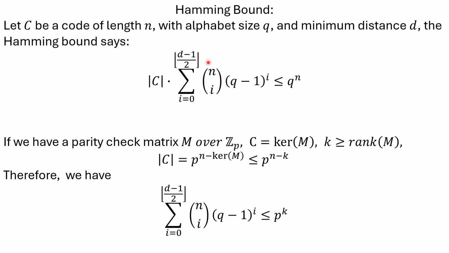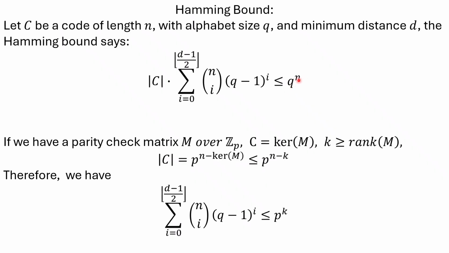Before we get into the proof, we're going to explain the Hamming bound. Let C be a code of length n, with alphabet size q, and minimum distance d. The Hamming bound says that if we take the size of C, multiplied by the sum over all i of n choose i, multiplied by (q minus 1) to the power of i, this is less than